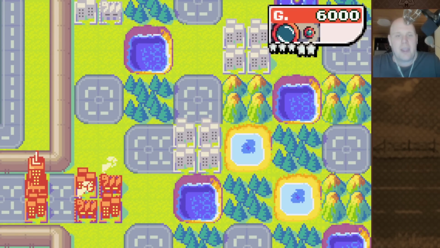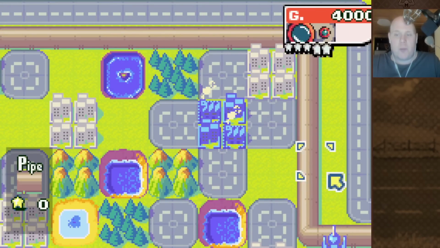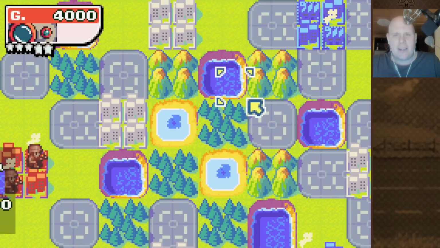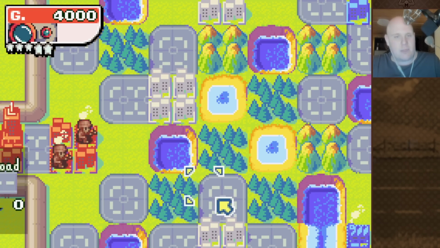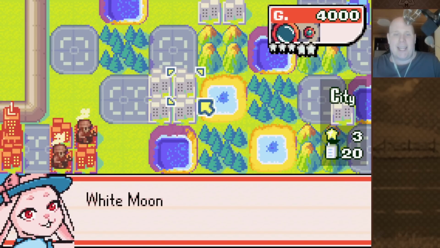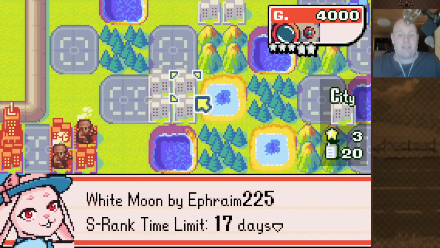Very good, Orwell. This is a wonky map. A very wonky map. As you can see, it's formed like a chessboard. There's mountains in the middle that prevent you from advancing. But there is a clever way to beat this map, which I will show you. The S-rank limit is 17 days, which may seem a bit stingy, but it's very doable if you know what